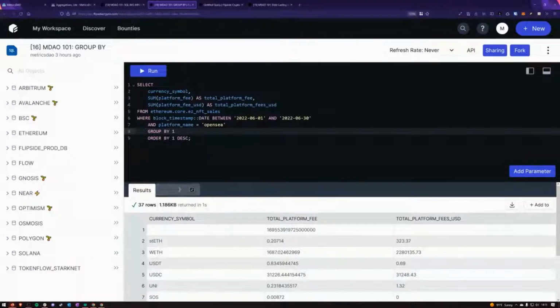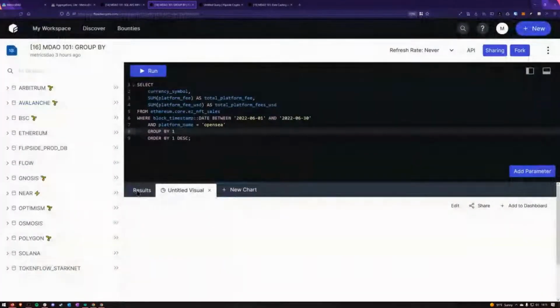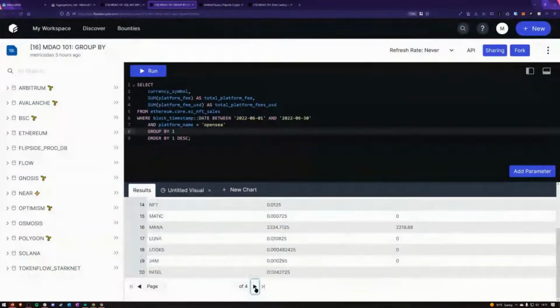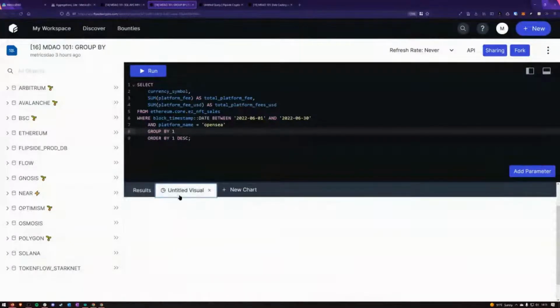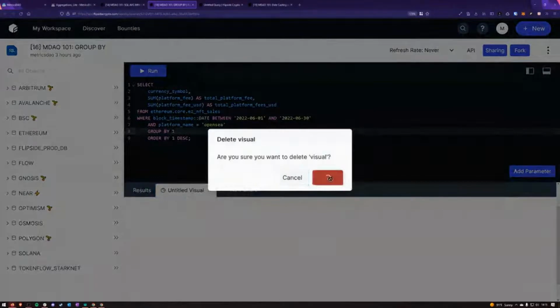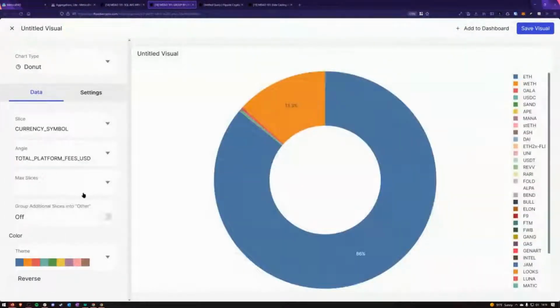So let's take a look at this a little bit closer, because we can also use the tools at our disposal to investigate the data. Going through this and just reading off each one over 4 pages, I can get the information, but it may not be the most efficient way of doing that. So let's start. Let's slice this by currency symbol. We want to look at fees in dollars. So we can see, taking all that data that was just in our result, which is the month of June,